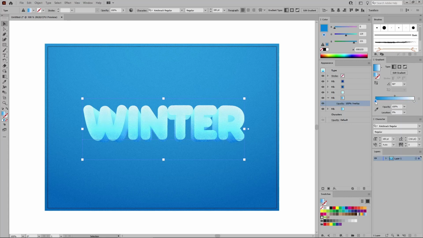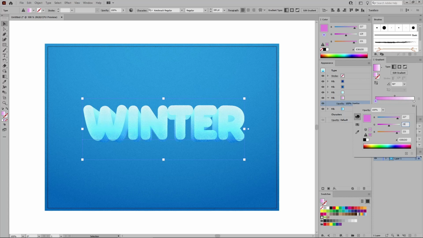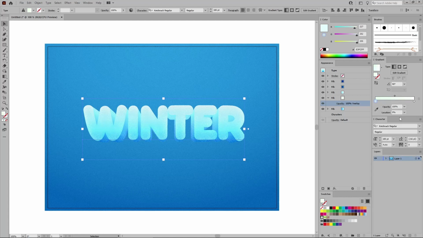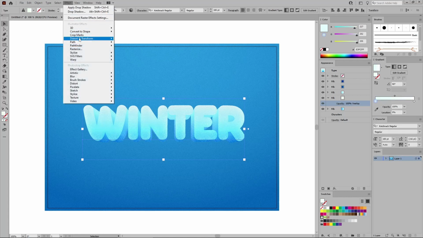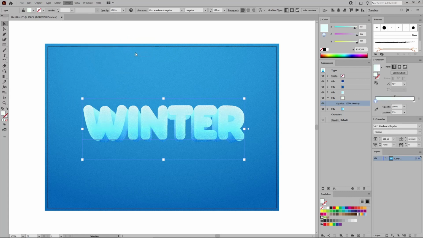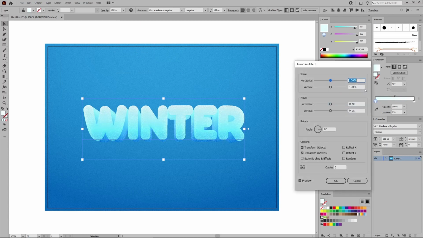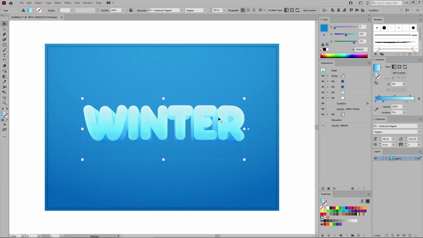And for this other gradient slider, let's set the color to 227, 252, and 255. Now go to Effect, Distort and Transform. Set both of these scale sliders to 99.5. Increase the vertical movement to just 1 pixel, and click OK to apply this subtle highlight on the edges of